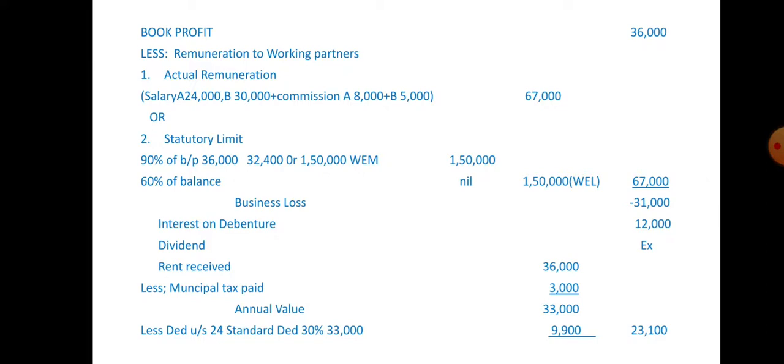Yes, see here municipal tax paid 3,000. The balance is 33,000, so you take it as the annual value. From that you give deduction under section 24, that is standard deduction, you have to apply 30% on 33,000. So you get 9,900. After deduction, the house property income is 23,100. So this is the house property income. And next, capital gain is there on the profit and loss account, so you take that income here, 32,000. So after taking the total, you will get the gross total income, that is